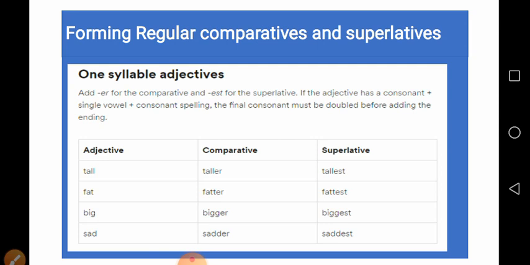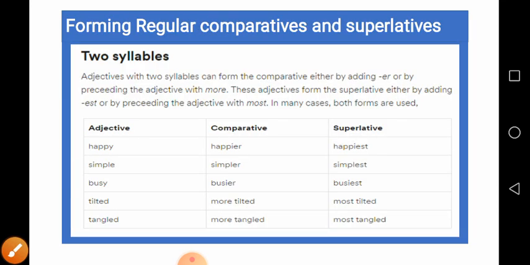So, when an adjective has 1 syllable, we can add er while making the comparative and est while making the superlative. Now, when an adjective is a 2-syllabic word, we can add er